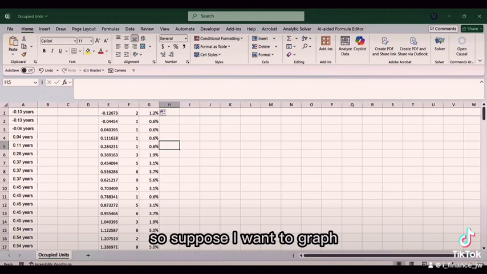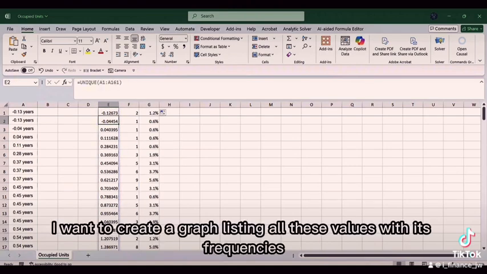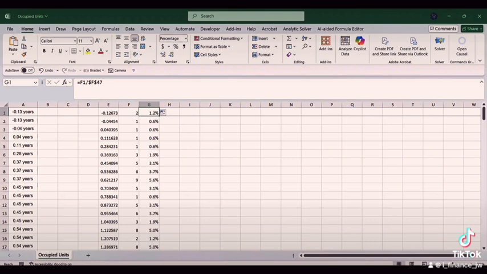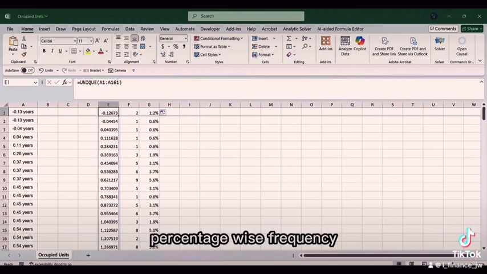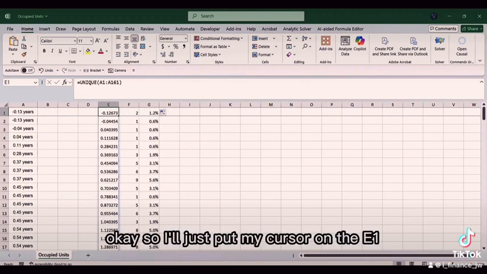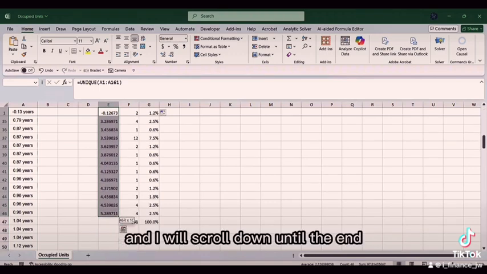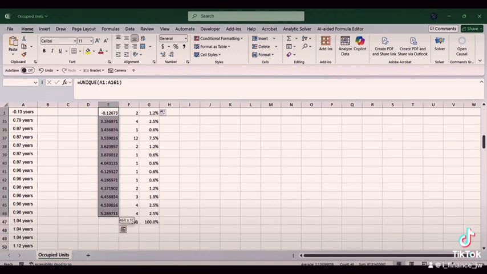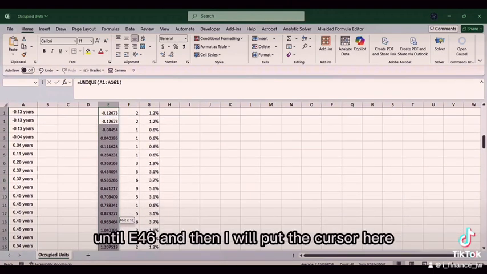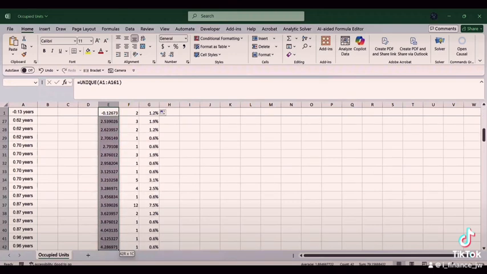So suppose I want to create a graph listing all these values with their frequencies, percentage-wise frequency. Okay, so I'll just put my cursor on the E1, and I will scroll down until the end, until E46, and then I will put the cursor here. Oh, sorry,